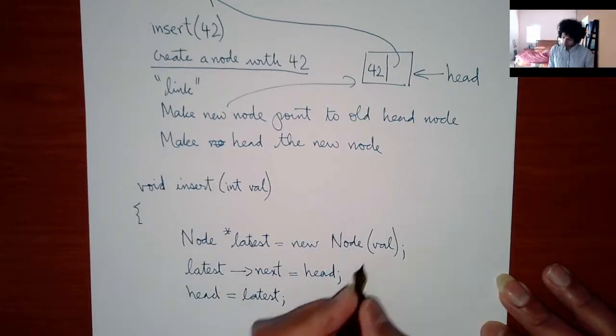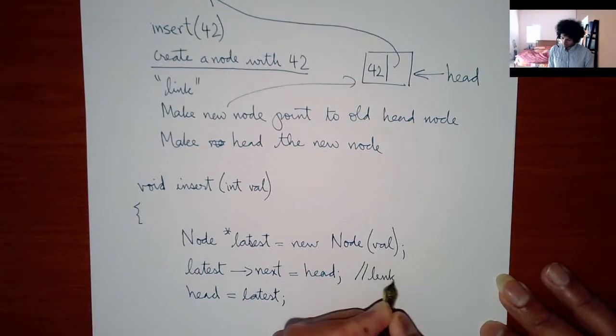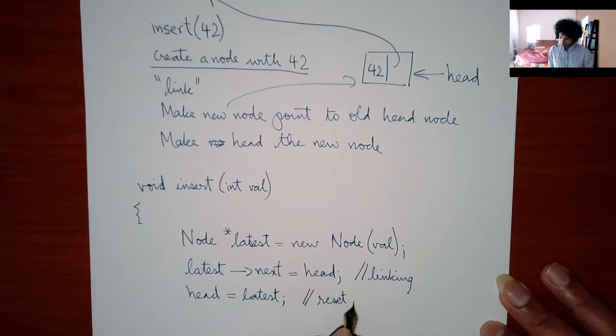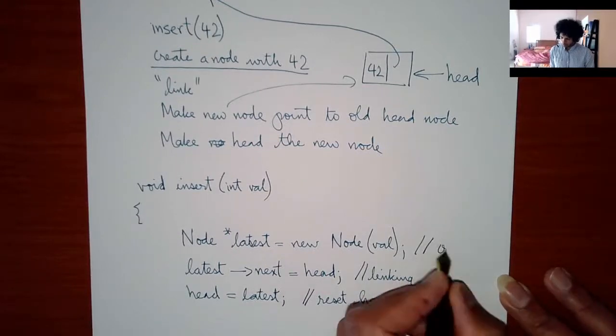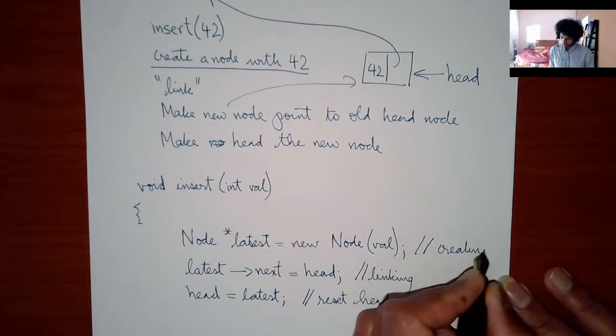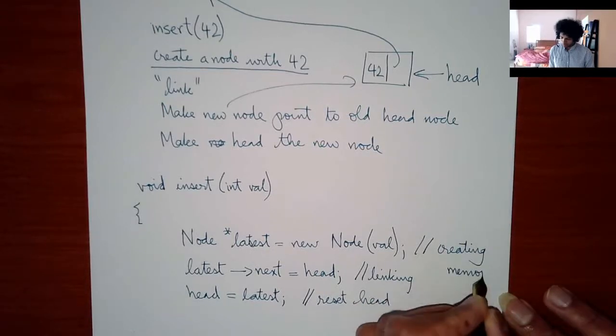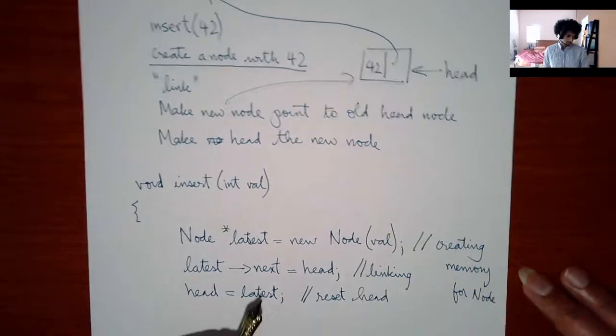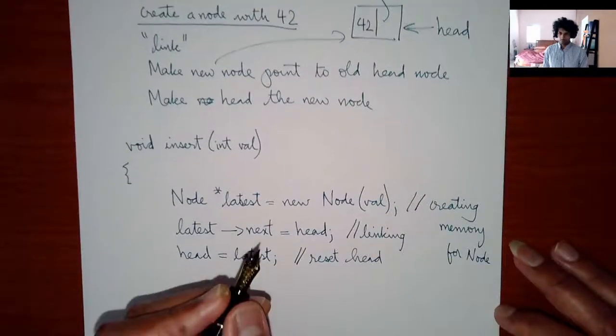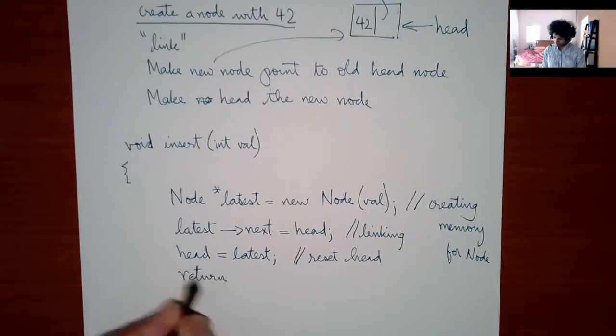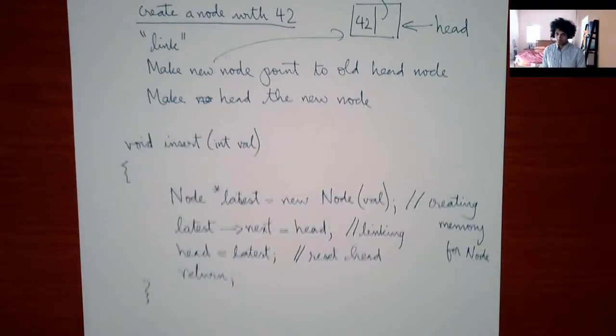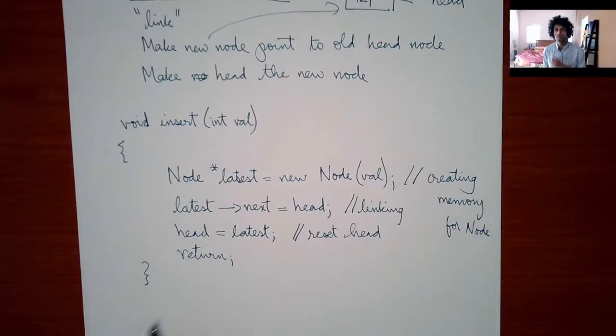So this is linking, and this is resetting the head. And this is creating, or I should say allocating, memory for the node. And then you can just return over here. You don't need to have the return, but just to put that down,